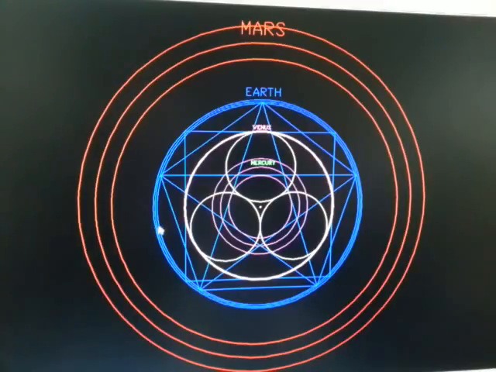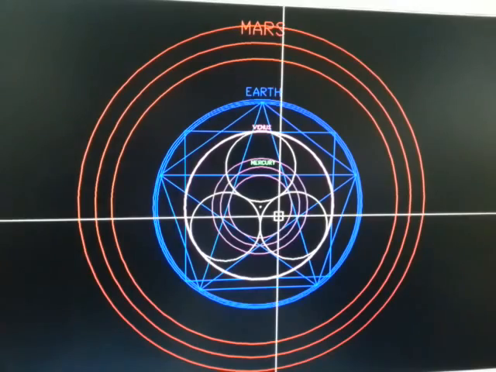So the elliptical path around the Sun is not as pronounced as Mercury, for example, and Venus is almost a perfect orbit, whereas Mars has got more of an elliptic orbit, so it moves closer to the Sun and further away from its mean orbit. But what we find is that with